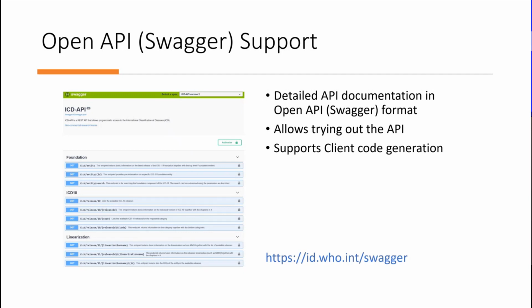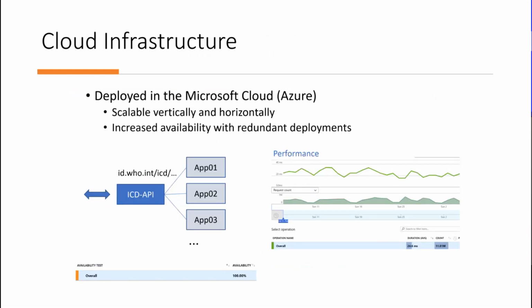It gives the ideal documentation for an API, so you can actually, without writing one line of code, explore the API and what it can do using this technology. It may even help you in writing some client code in your preferred programming language. We host the API in Microsoft Cloud Azure. It's very scalable and performant. So we never had any downtime in the last 3 months, and the performance is very high. The average response time is 24 microseconds, which is very, very good for an API